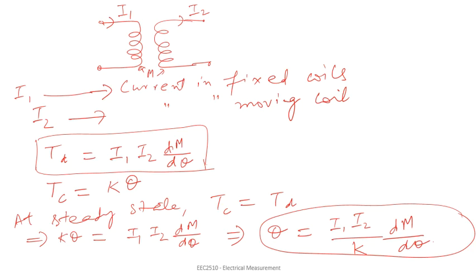One important point in this type of instrument is that regardless of the direction of current through the meter, the electrodynamometer type instrument will have a positive deflection. That means it can be used for measuring AC values as well as DC quantities. And the terminals are not marked as plus and minus, as in the case of the PMMC type instrument. When this instrument is used on AC, the deflection will settle down to a position which is proportional to the average value of I square. So we can say that the deflection is proportional to the mean square value of the current.